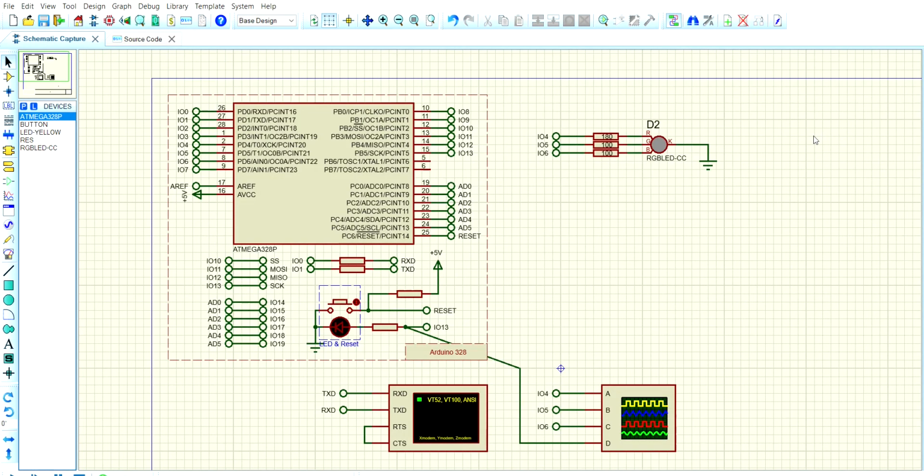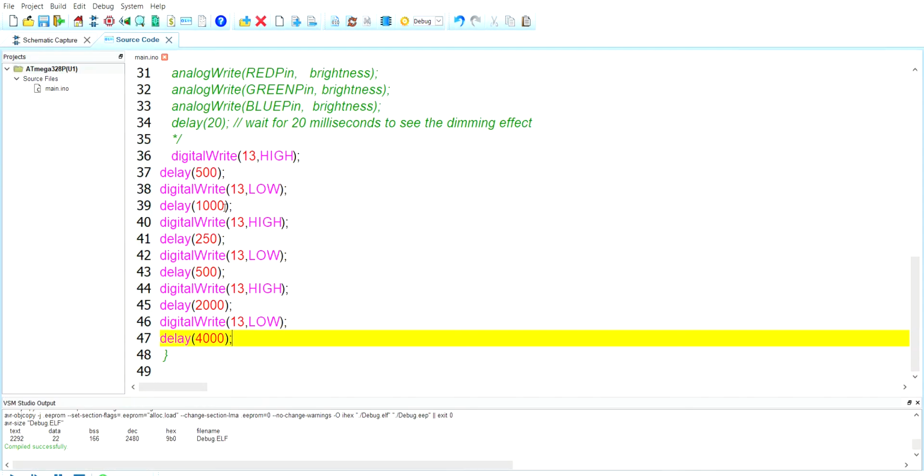The second project which I am going to show you is the Arduino RGB Common Cathode LED. In this project, we are going to try to create a kind of a periodic signal using the output from the blinking LED. For this, we have written the source code as shown over here, which will give output for half a second, then go off for 1 second, again give output for 0.25 second and go off for 0.5 second, and so on.